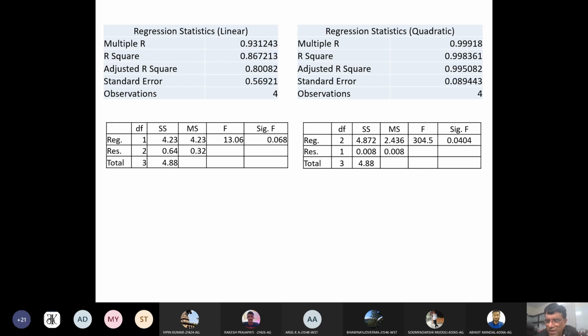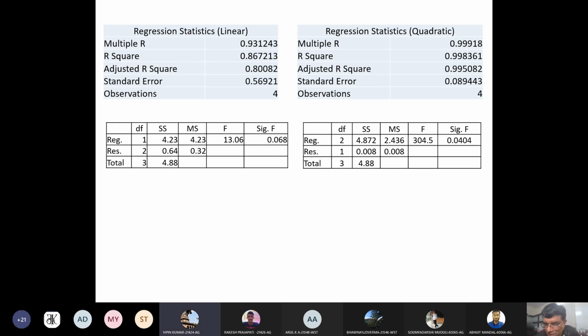I really could not find the answer. I tried to speak to people in IESRA, and no one can tell me why in linear regression the degree of freedom is 1, why it is 2 in quadratic, why in cubic it is always 3. So for regression, the degree of freedom is always fixed.